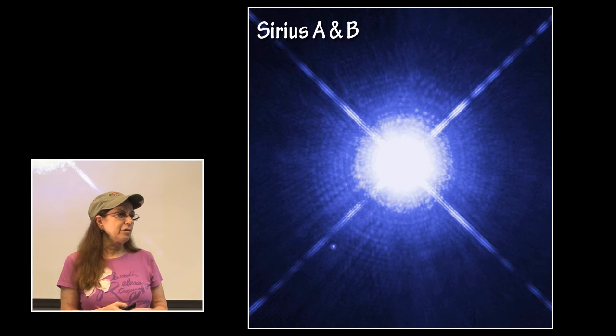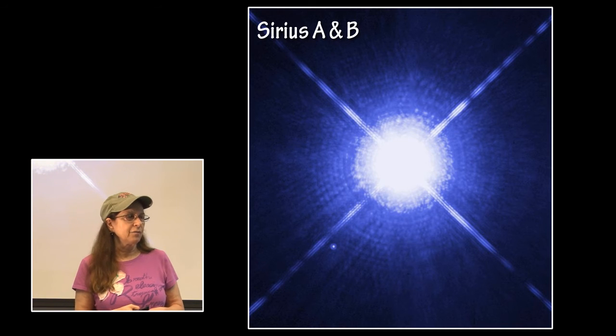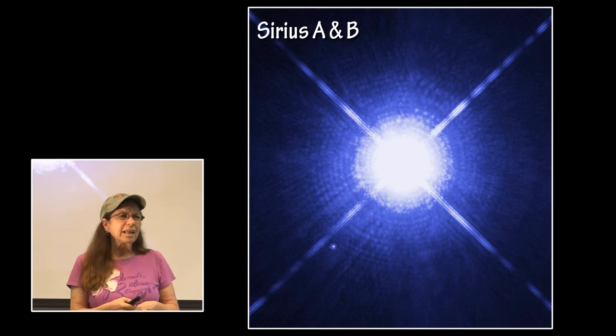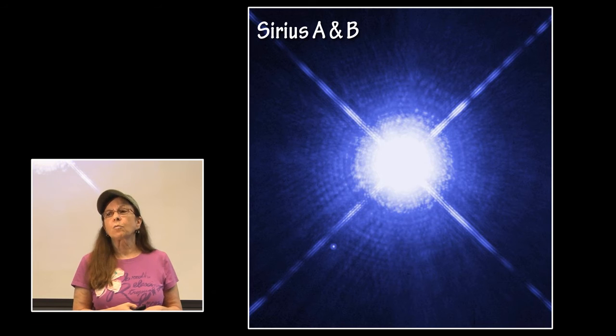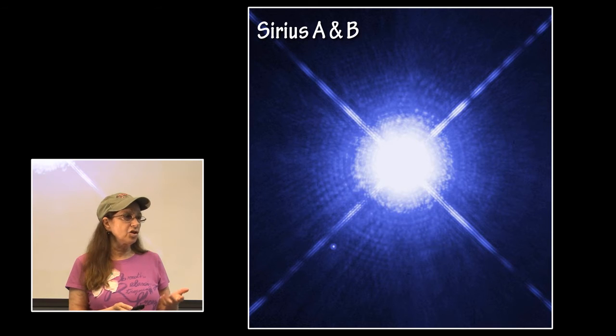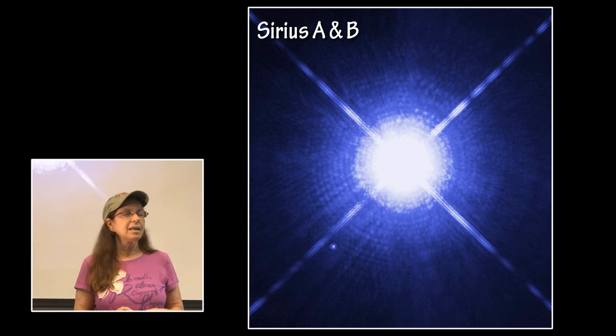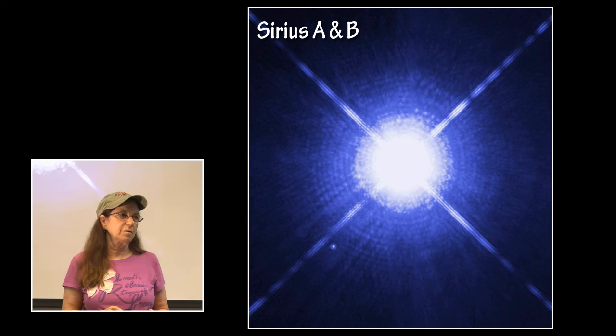Sirius A and B. Sirius A, of course, is the apparent brightest star in the northern hemisphere when Canis Major is in the sky. However, it's pretty close. It's only 8 light years away. It's only a 2 solar mass star, so that's why it appears so bright to us, but it also has a white dwarf companion. This is what it looks like in an optical image of Sirius A, and you can see the little white dwarf companion down to the bottom to the left of Sirius A, and this is what